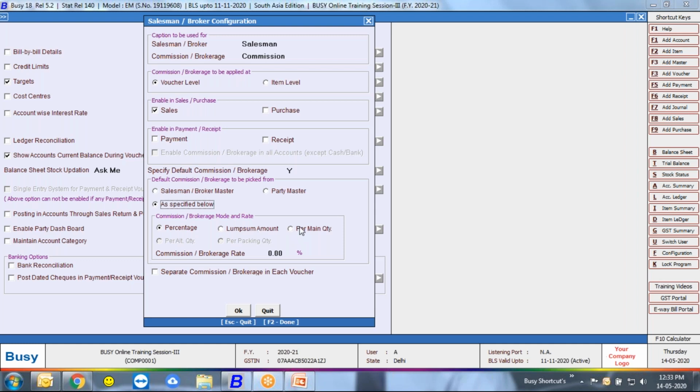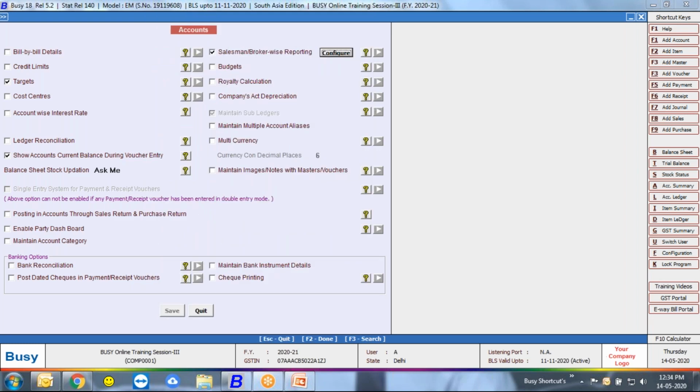I said, sir, we define commission calculation formula in salesman broker master, not here. So just click OK. So that's the configuration for salesman module. Hope you are able to understand. Just press OK and save it.